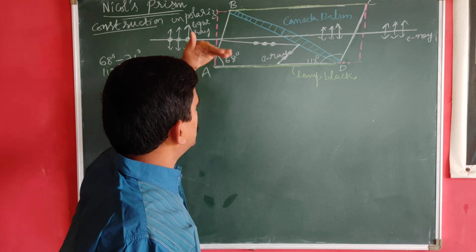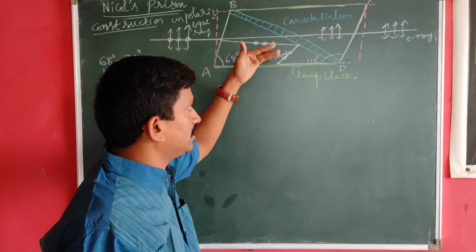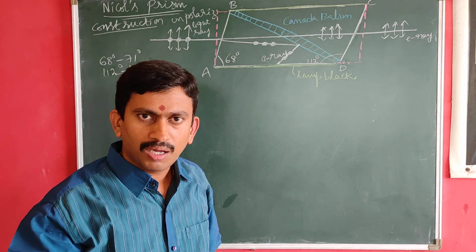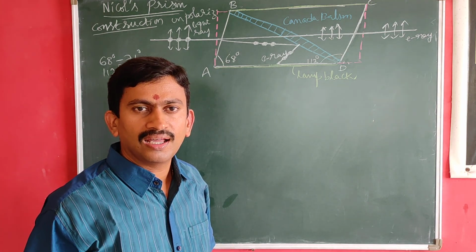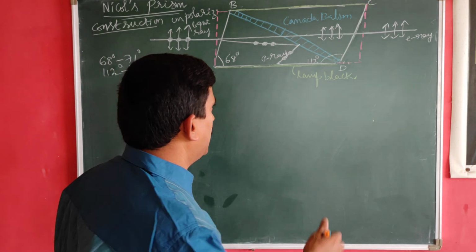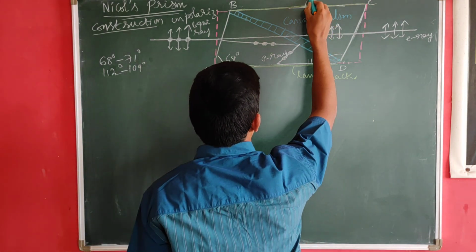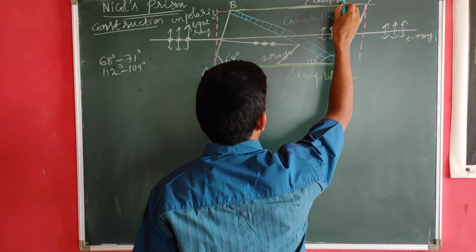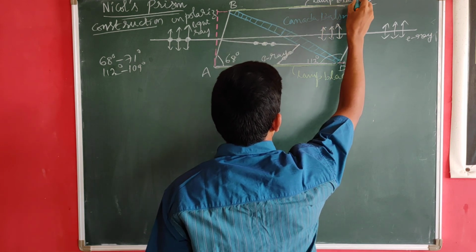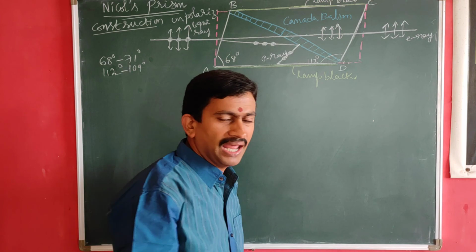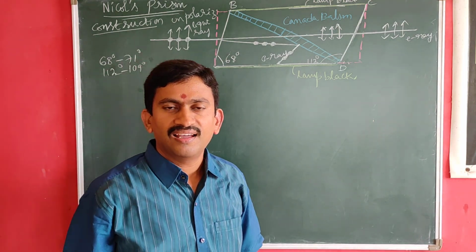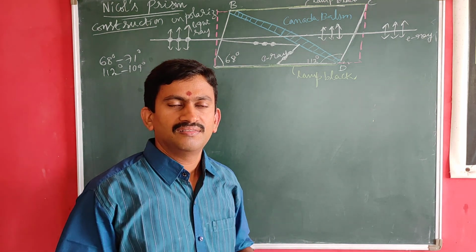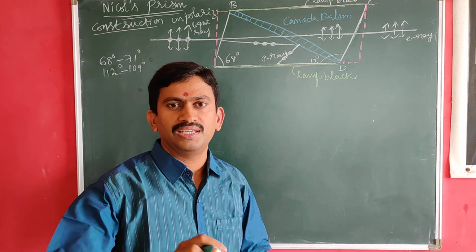And then the top and bottom faces of this particular doubly refracting crystal are coated with lamp black. What do you mean by lamp black? Can any one of you please let me know what you mean by lamp black? Yeah, lamp black is nothing but soot particles which are formed on chimneys.